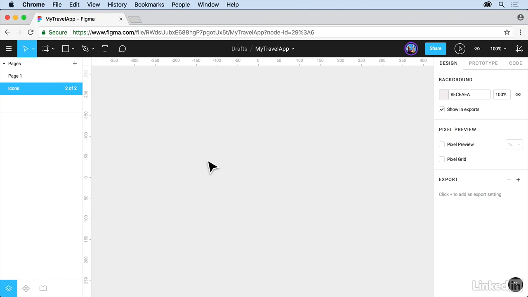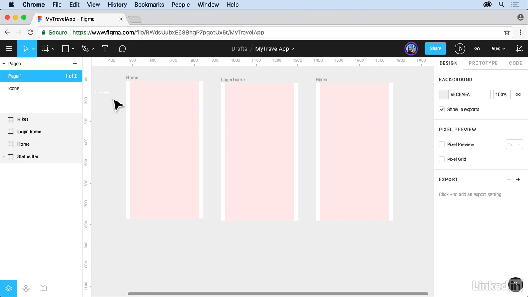Now, the thing about pages you're going to find is that we're not going to necessarily prototype or create connections between pages like this. So they're going to be separate from each other. But we can do things like export content from each. Now, to show page 1 again here, if you just click on it, you can come to the status bar here, and we're going to copy and paste that.